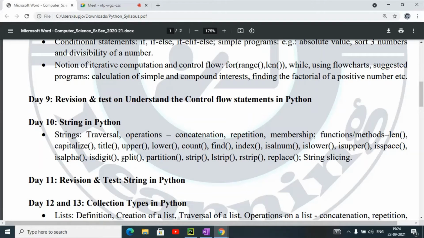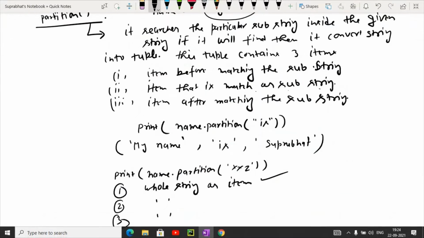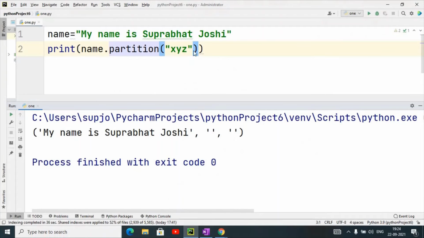So now we have clear split function. What is the use of the split function? How will we use the split function? The next function that I am going to discuss is the strip function. I have one doubt about index, sir. Index function you have not understood? No, sir. Okay, I am explaining again in PyCharm. Suppose I have given the string my name is Suprabhat, and I am using the index function.